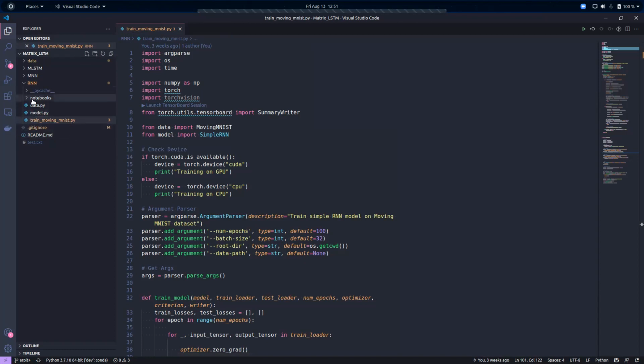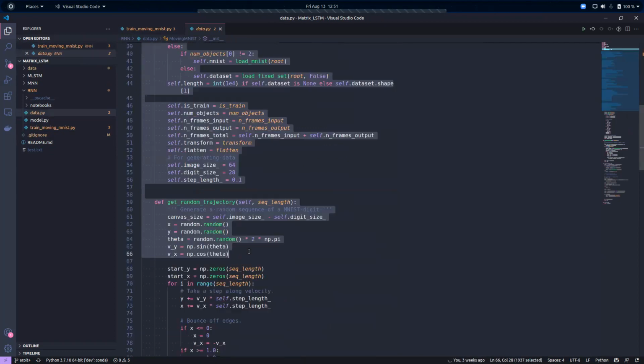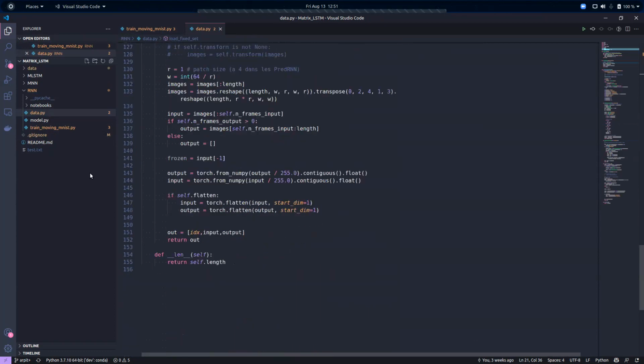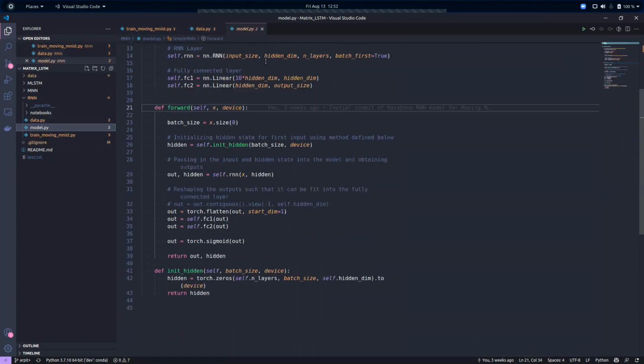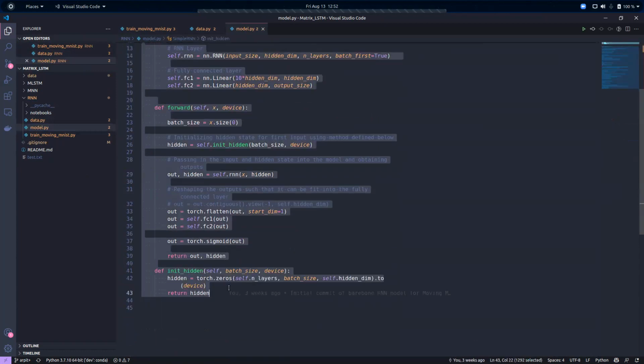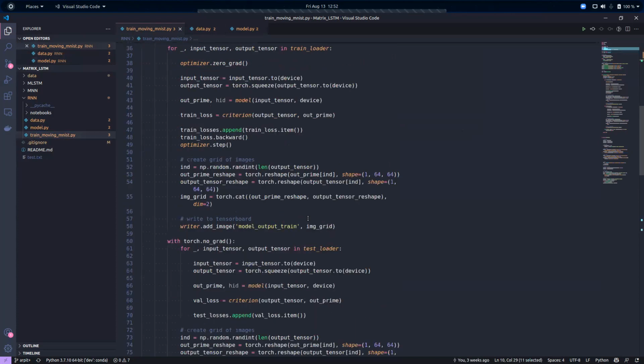For example, what I've done here is this is an RNN model over here. I've broken this down into 3 scripts. First script is my data script, which contains all the data related functions and classes, right? So it contains my dataset class, it contains my load functions, and mostly that. And secondly, I have created a model.py which contains my model architecture, which is a simple RNN I have created over here. And lastly, there's a training script that I've created that brings it all together. It imports model and data from the other files and just trains it, right?